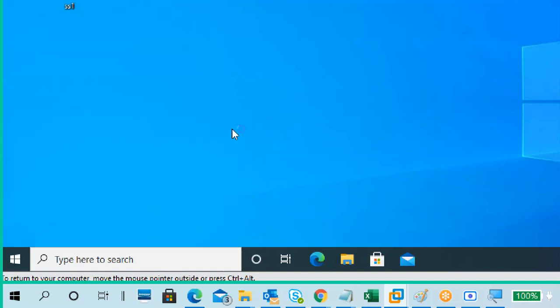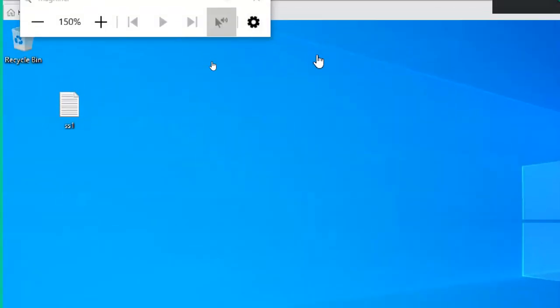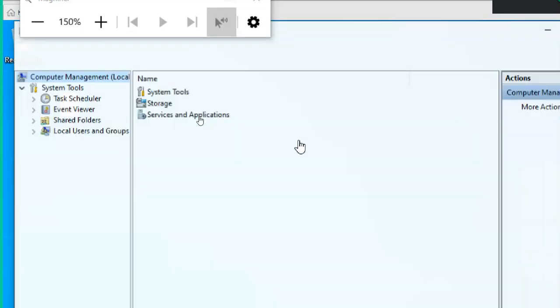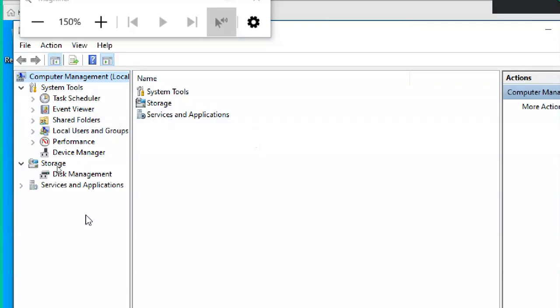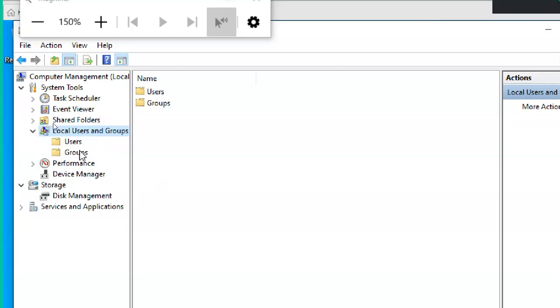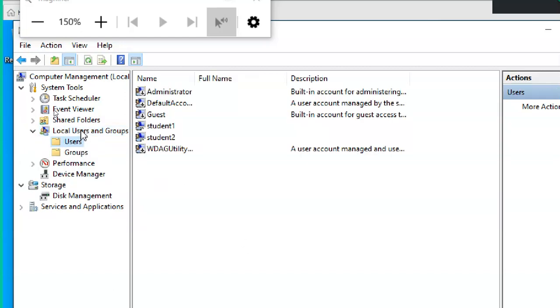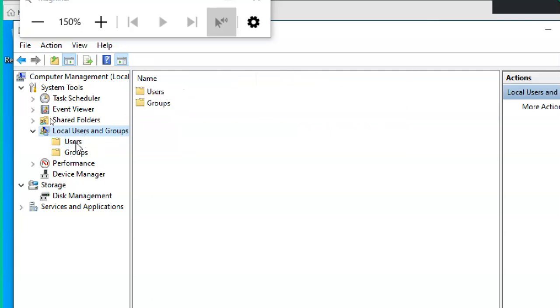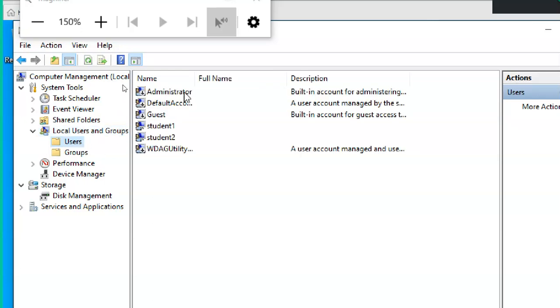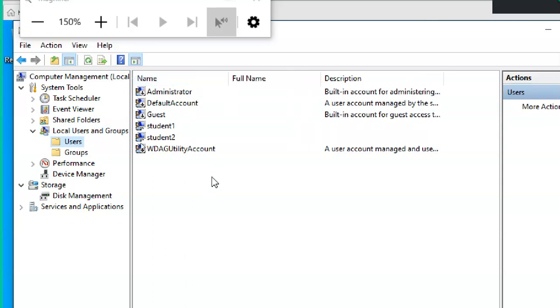Guys, you must go to the control panel and also see the options. Okay, see, this is comp mgmt.msc, computer management. So Windows has several options and several ways to go to those options. This is for opening local users and groups, lusrmgr.msc is also there, but I usually use it like this only. So here you can see local users and groups. Click on users. You can find what users are available.